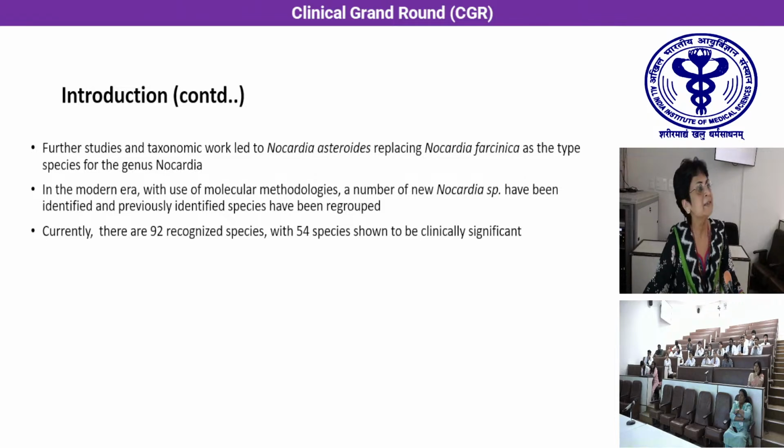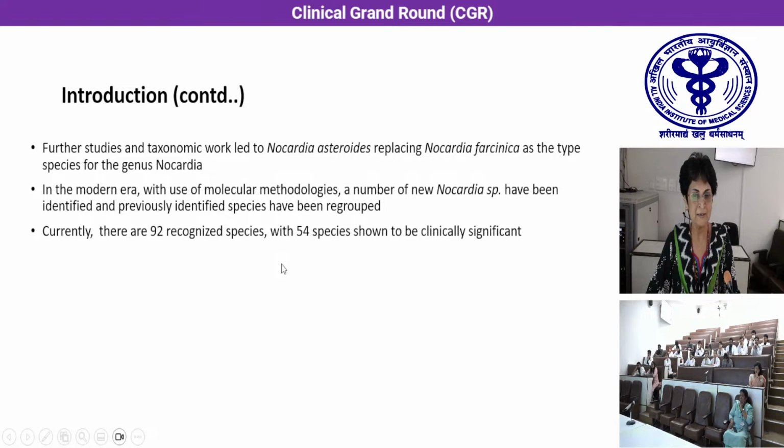So for many years, it was Nocardia asteroides that was thought to be the commonest, and it was only later realized that it is because of the limited battery of biochemicals that a lot of these were identified as asteroides, and on retrospective analysis, it was realized that many of these were incorrectly identified.